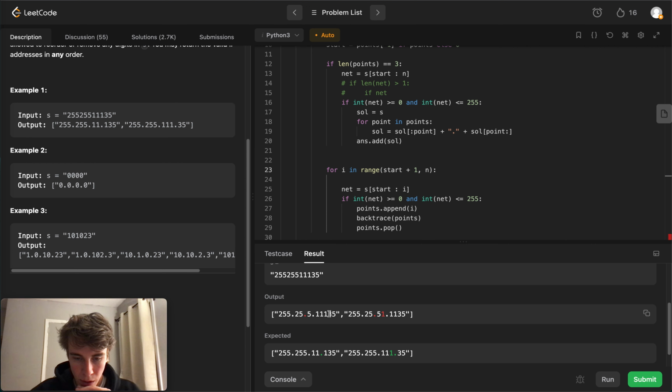I'm adding this because 111 is less than 255, so it's technically valid, but why am I not capturing this whole number? It is greater than... maybe I'm not constructing this correctly, since what if